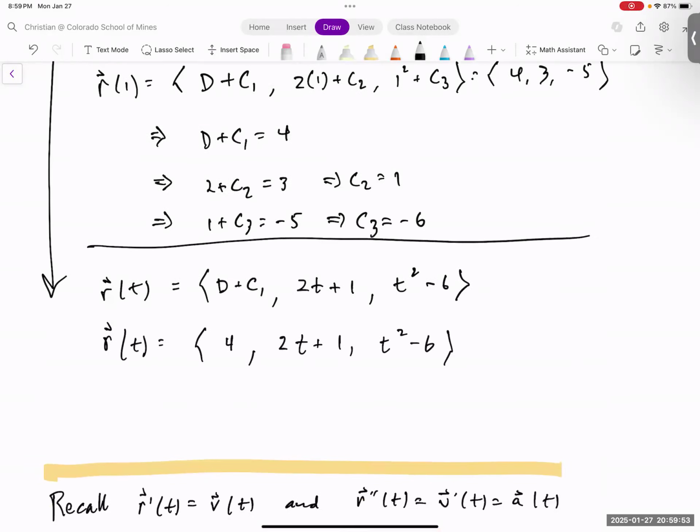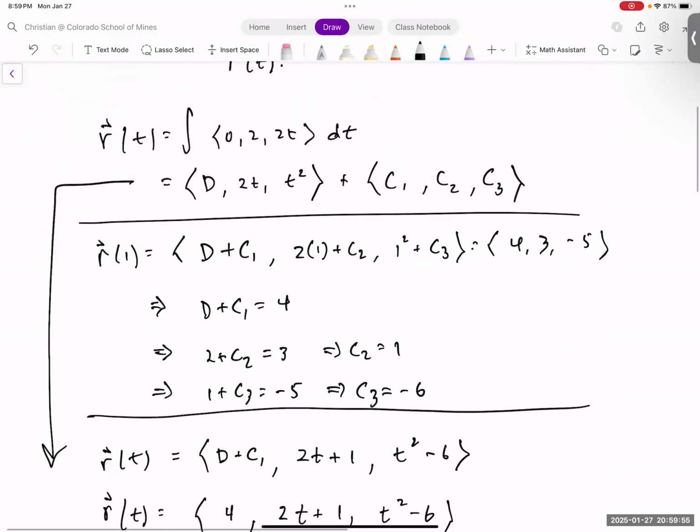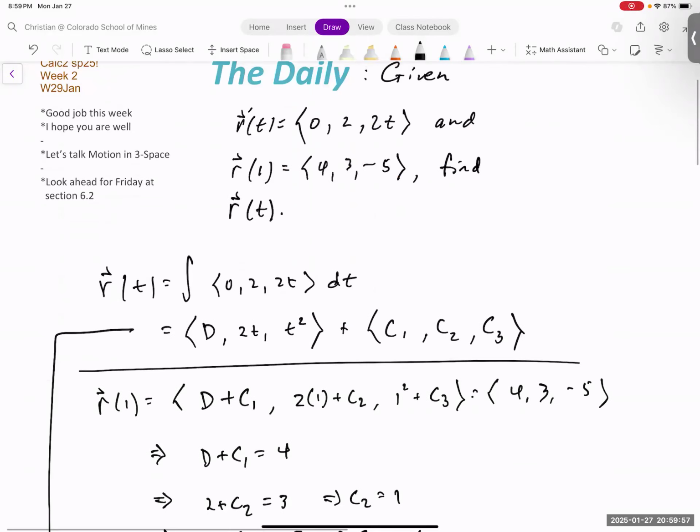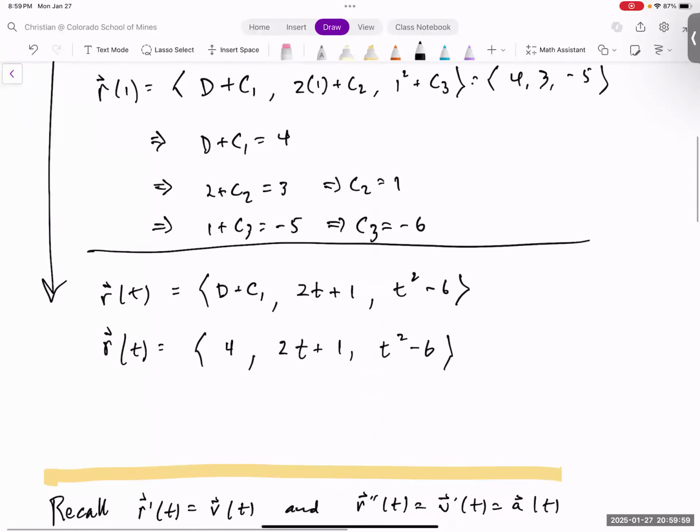That works, and that satisfies the condition. If we put in r of 1, we should get 4, 3, negative 5, and we would. Notice r of 1 is still 4, 3, negative 5. So there's our recovered r of t. Okay, moving on to position,